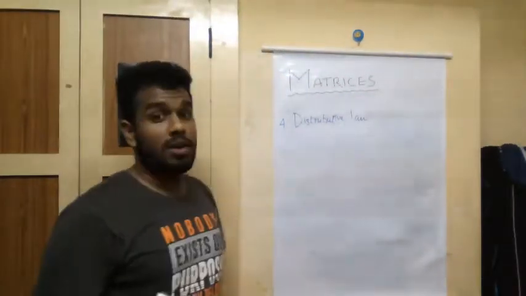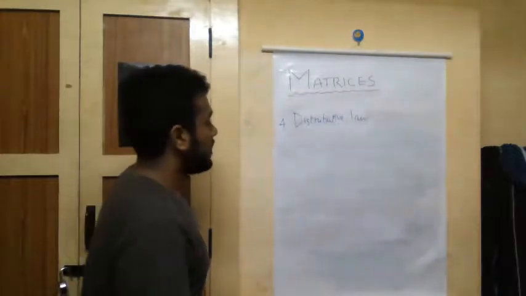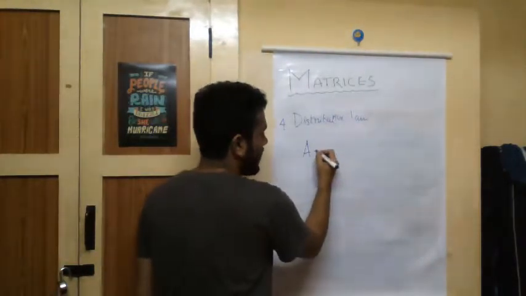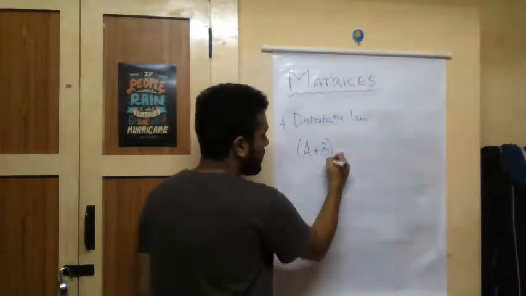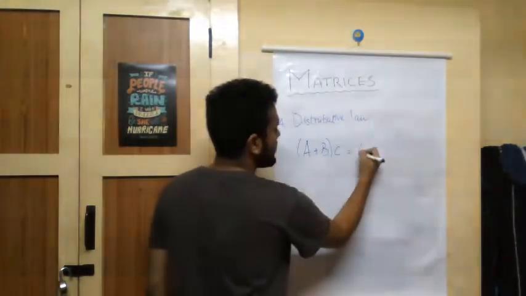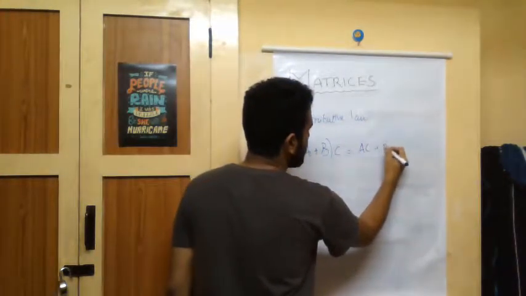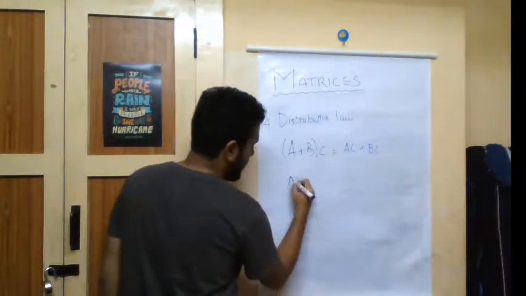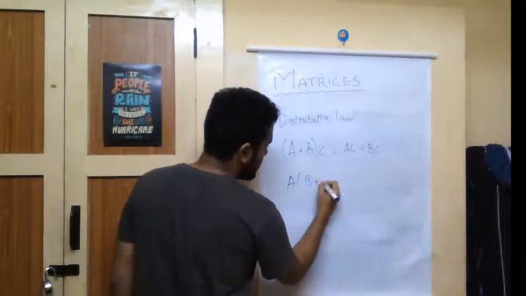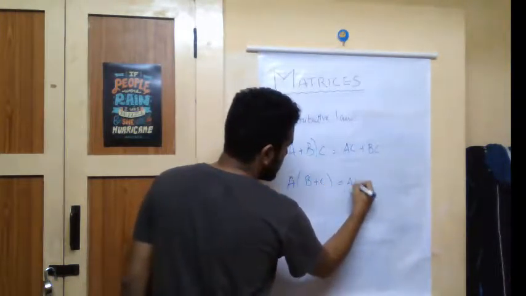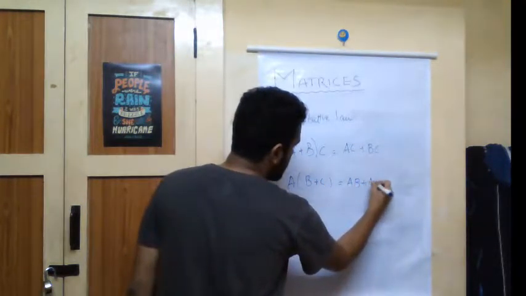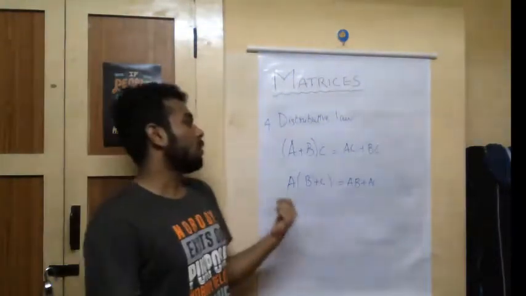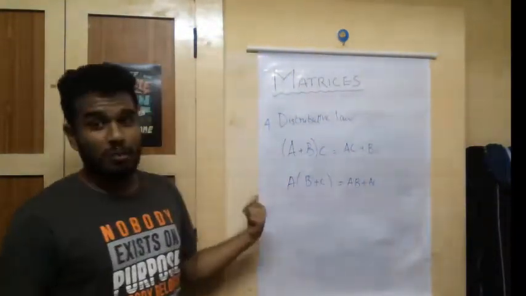This next law is actually a very important law, well, that's because it deals with distribution. So I'll just write the law out first. (A + B) into C is AC plus BC, and A into (B + C) is AB plus AC. This rule is actually straightforward to understand, but it's a little complex in terms of